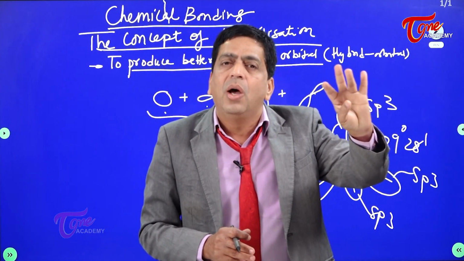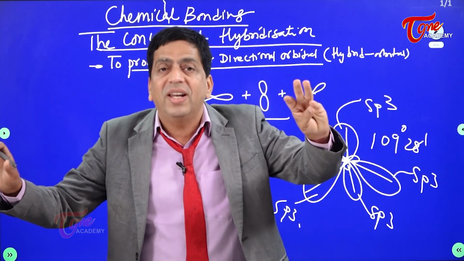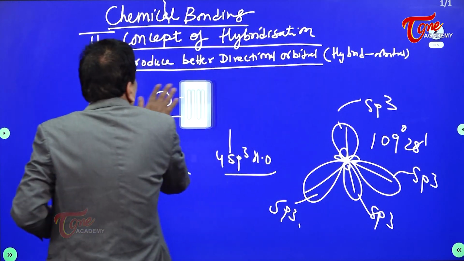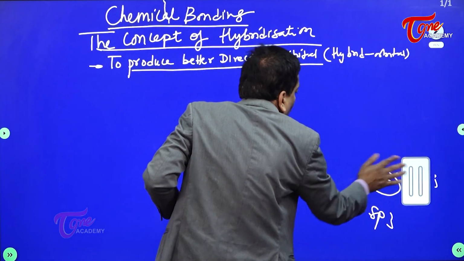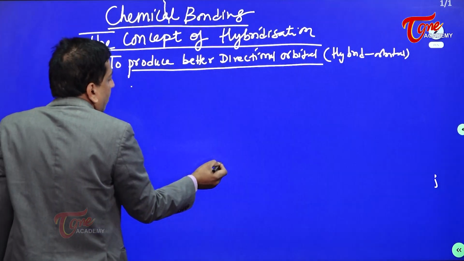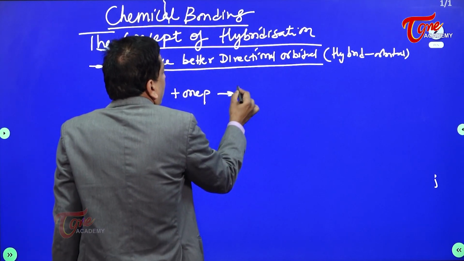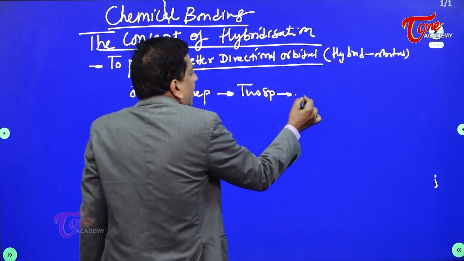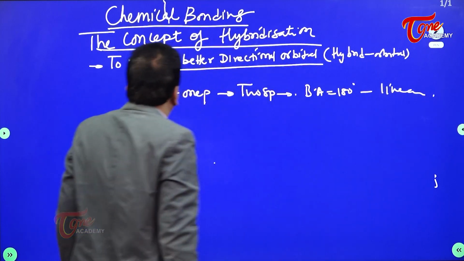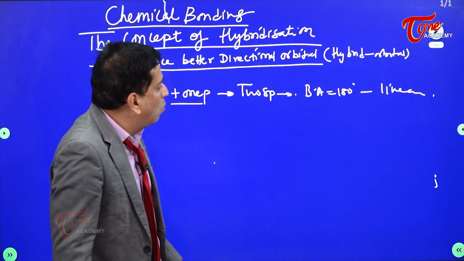You have 1s and 1p. You can have 1s and 3p's and 1d. It extends to d also. So it extends like that. So if I can give you a list of all this, just as a quick recap such that we can move forward, watch carefully here. Look into this. If you have 1s and 1p, then you will get 2 sps. The bond angle is 180 degrees and the shape is linear. You can have 1s combining with 1p, then you get 2 sp hybrid orbitals.